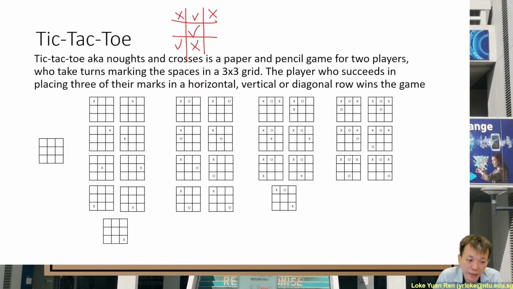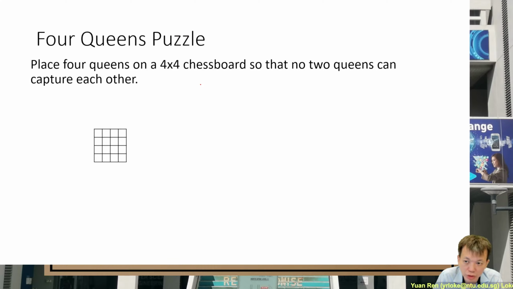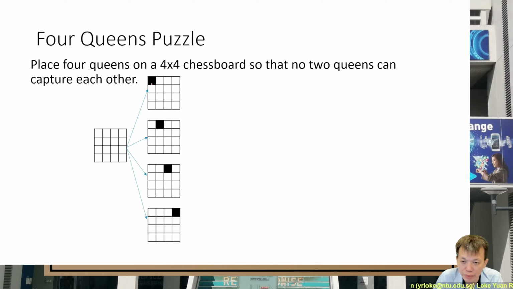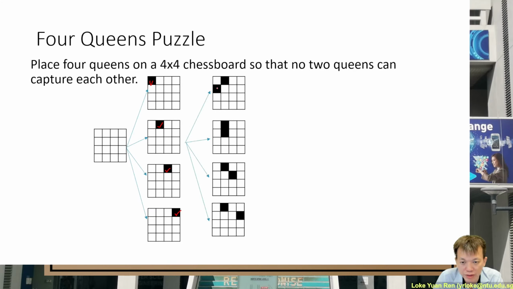Like I said, when you encounter this kind of puzzle, another example, which we will talk about in more detail in the second half, is the very well-known 8 queens puzzle. Here I just simplify it to 4 queens. That means you want to put 4 queens in this 4x4 chessboard, and ensure that no 2 queens can attack each other. So you can put the first queen here, or here, or here, or here. These are all the possible cases. Then next you can put it here. Of course, this is not the right way because they can attack each other. Based on this,